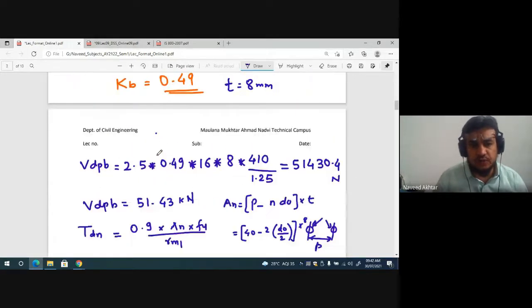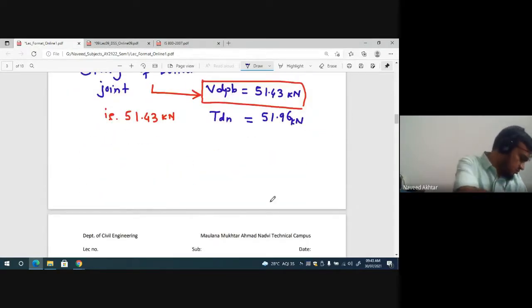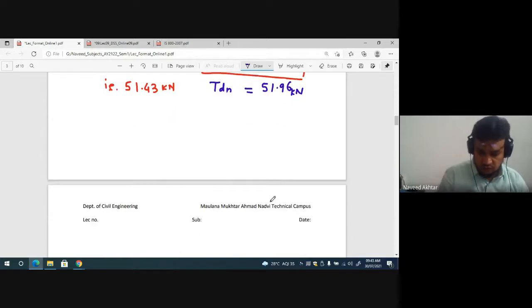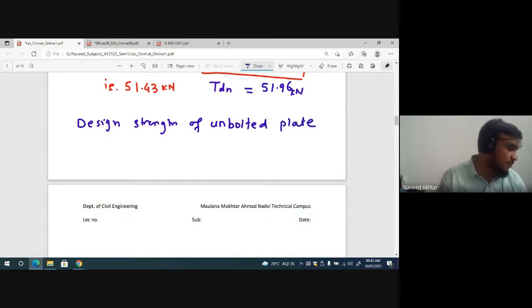To find out the efficiency of the joint, you have to find out the strength of the unbolted plate. So now we will write down the design strength of the unbolted plate. Unbolted plate means there is no hole in the plate. You can say it is the total strength of your plate. The value will be PD, unbolted plate, equal to 0.9